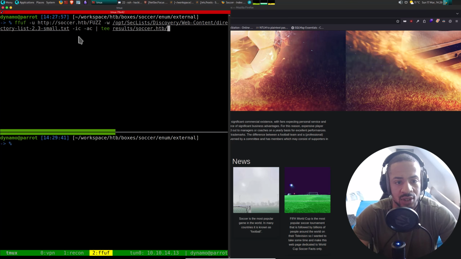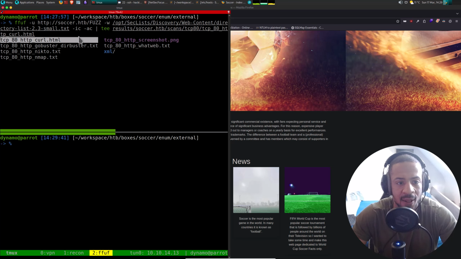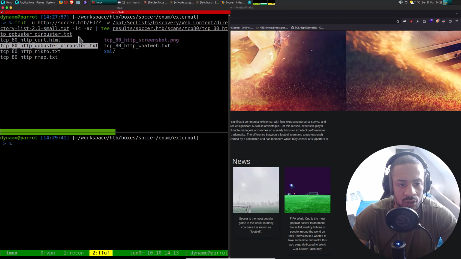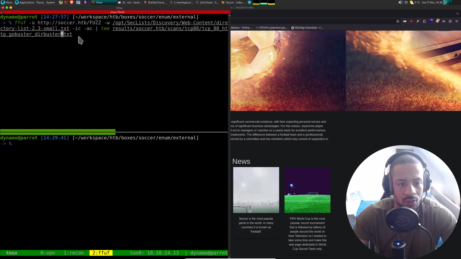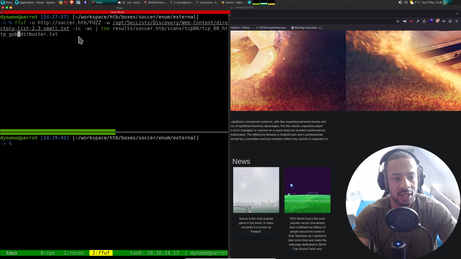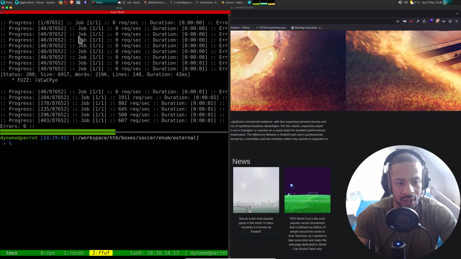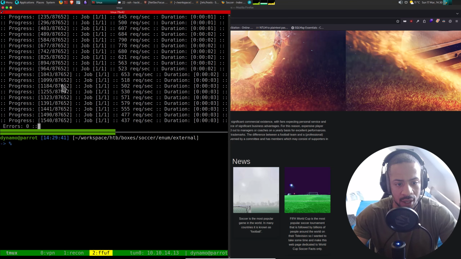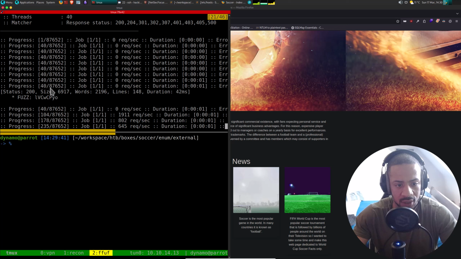So we're going to save this to results, soccer HTB scans, TCP 80. Then we are going to go to gobuster, dirbuster, and we're going to remove gobuster and say ffuf. There you go. I think this should be okay. While that is running, what is this?